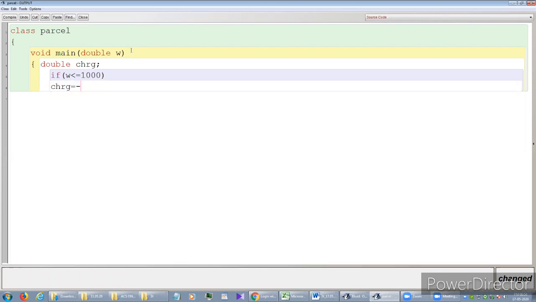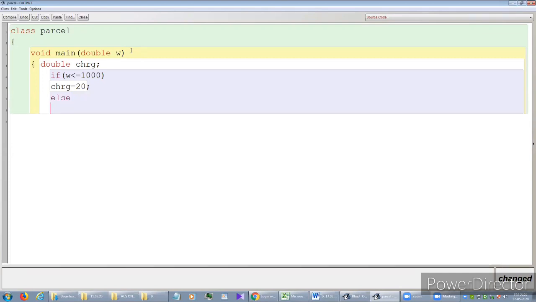We have to pay a charge of ₹20. Up to this portion I think it is clear to everyone, because weight is given in double, and let's assume that this W is in gram. Double CHRG, charge is a variable. W less than or equal to 1000, charge is 20. Then else,